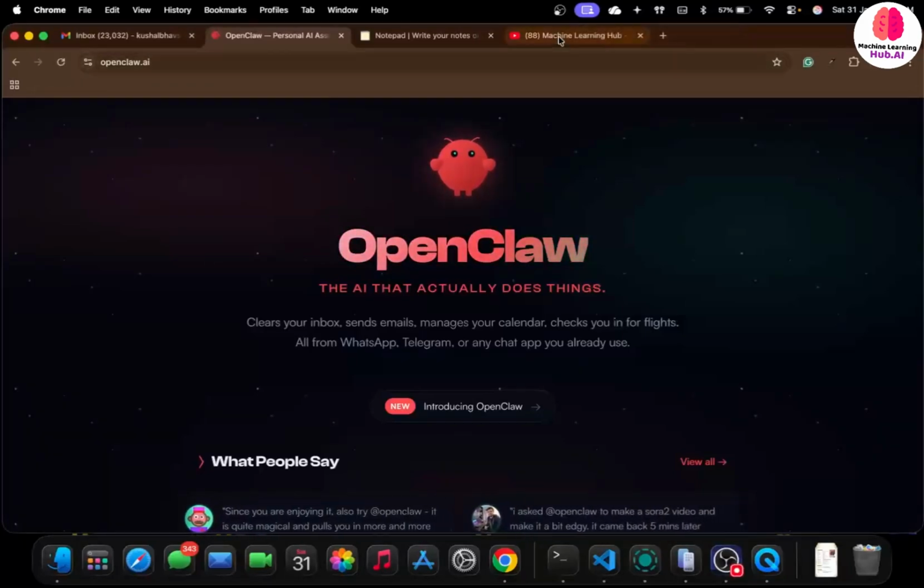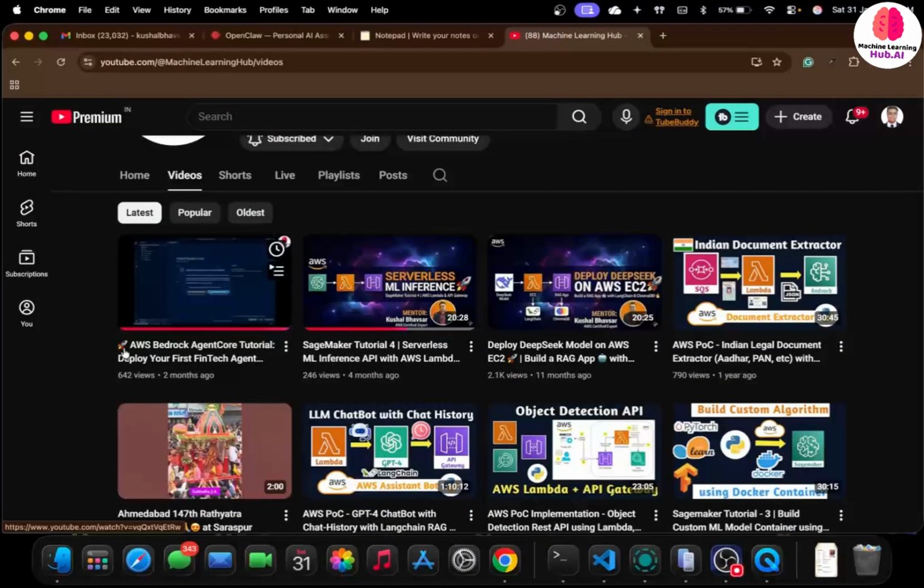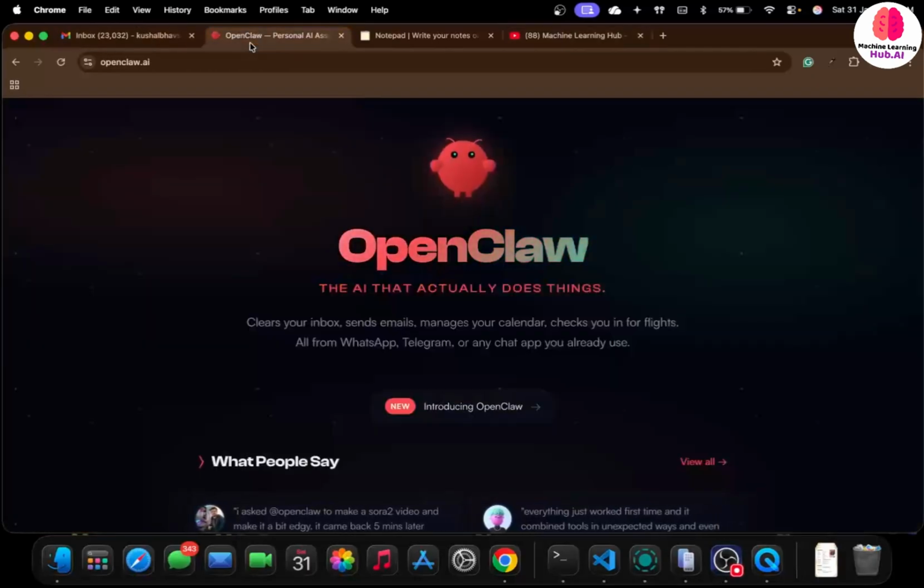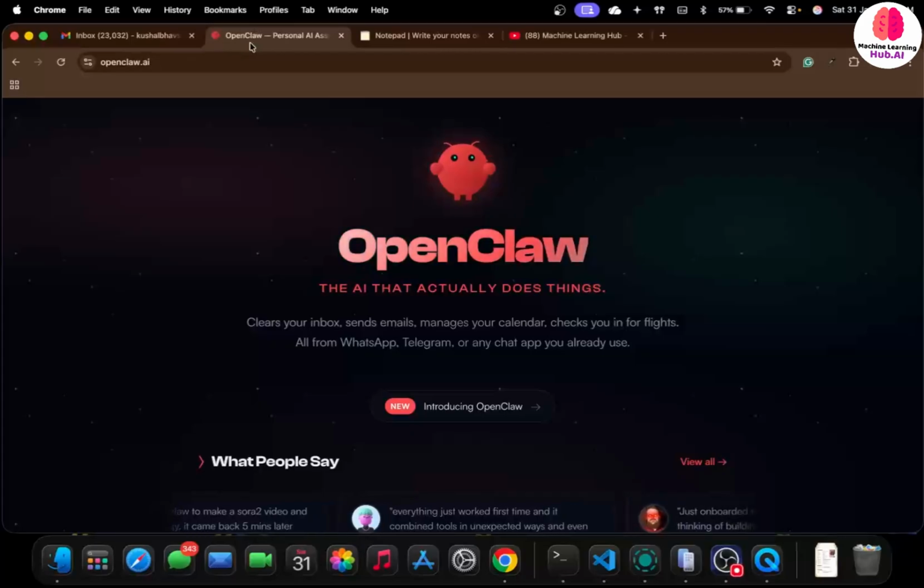In the previous video, what we have seen is about AWS Bedrock Agent Core configuration. But now in this video, we are going to talk about Openclaw. The name was recently changed. Before that, it was ClawdBot or Moltbot, but because of the similarity to Claude and other similar naming conventions, they have changed it to Openclaw. Now, if you don't know what Openclaw is,